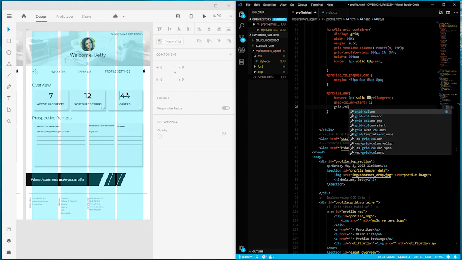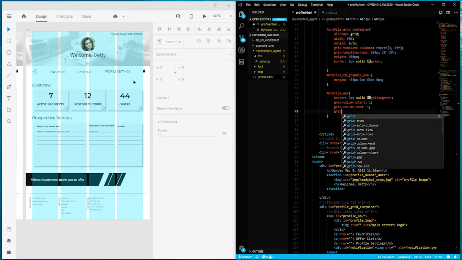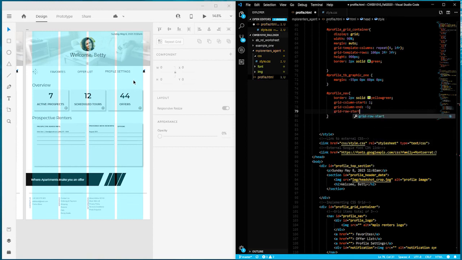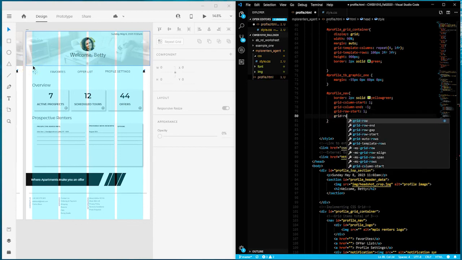Grid-column-end, I can say 1, 2, 3, 4, 5, or I can just say -1 because I can also do the reciprocal. So in this case I'll just say -1, which is always going to be the last line within the grid. And then here, I'll say grid-row-start. It's going to start at the very first row, so that'll be 1, and grid-row-end,